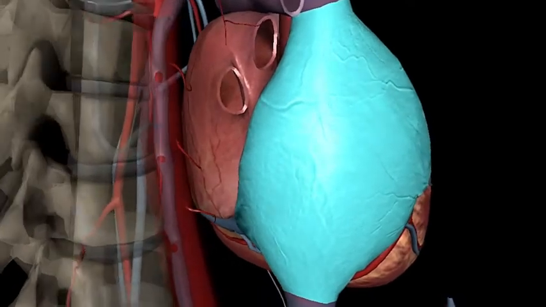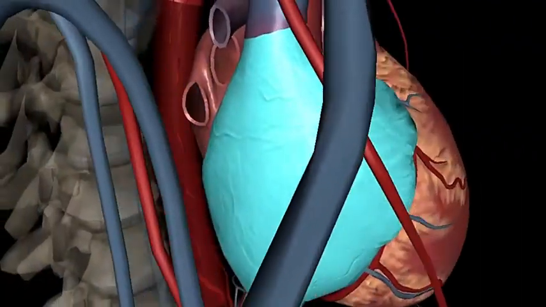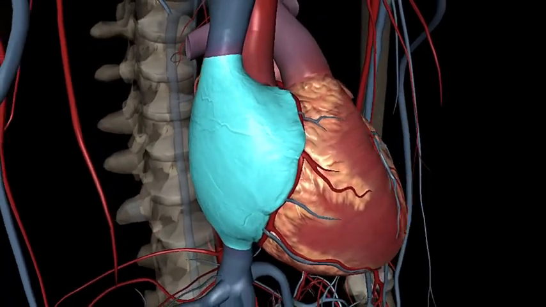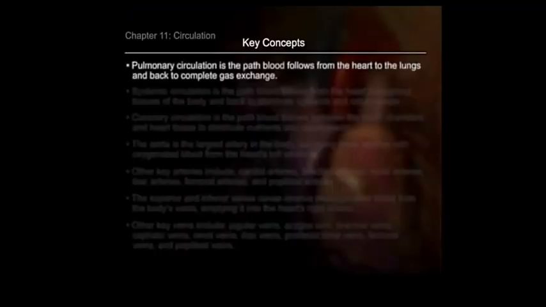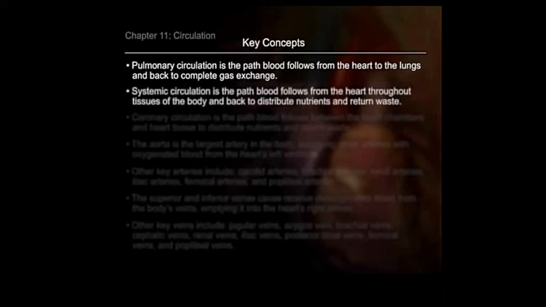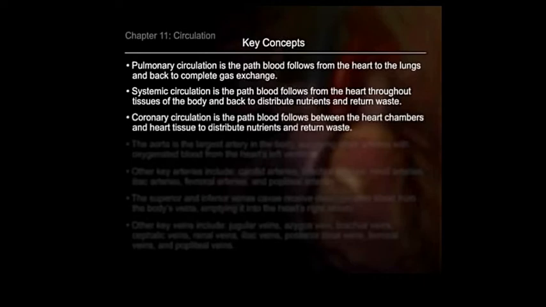Blood constantly moves through all three circuits, from the heart to the lungs and back, from the heart to the body and back, and from the heart chambers to the cardiac muscle and back. Key concepts in this section. Pulmonary circulation is the path blood follows from the heart to the lungs and back to complete gas exchange. Systemic circulation is the path blood follows from the heart throughout tissues of the body and back to distribute nutrients and return waste. Coronary circulation is the path blood follows between the heart chambers and heart tissue to distribute nutrients